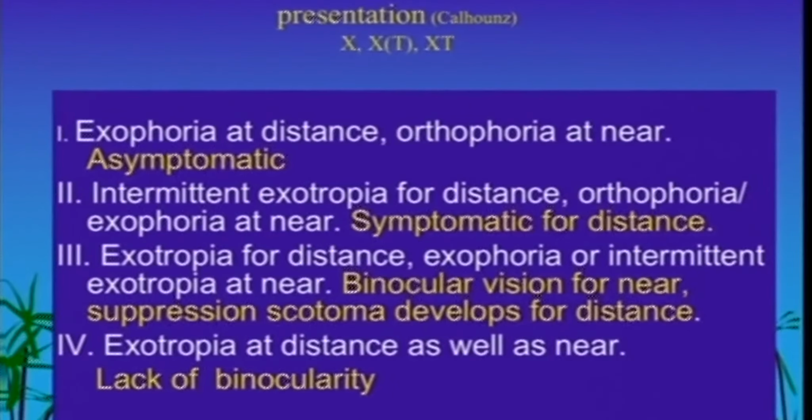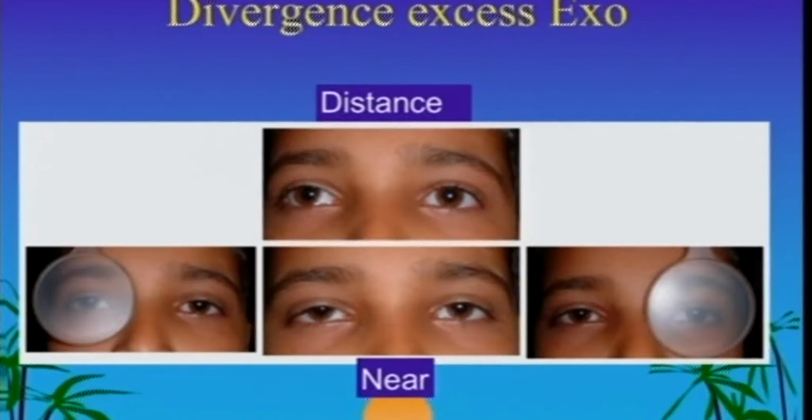Here the binocular vision for near is there, suppression scotoma is developing for distance. So this is a stage when we need to intervene. Exotropia at distance as well as for near, this is a late stage where we may not regain full stereopsis. So they may have the presentation as we see. The near distance deviation difference is there. There is a larger exo for distance fixation compared to the near, and this is not intermittence alone. As you see, Spielman occluder, in spite of the near fixation, is having a lesser exotropia than what you have